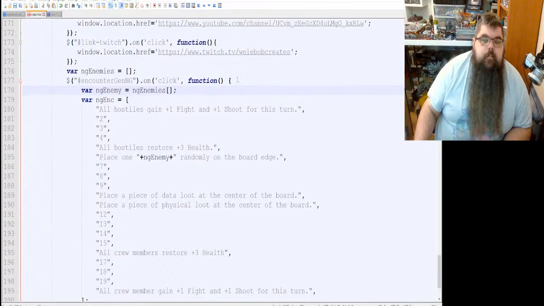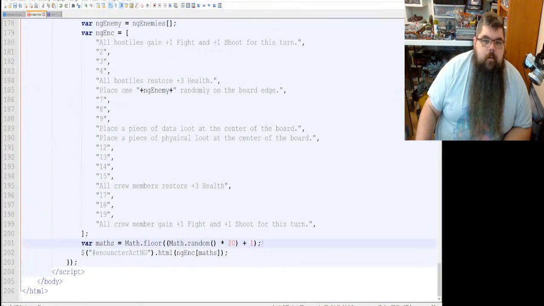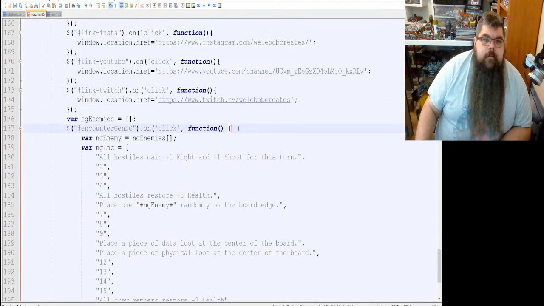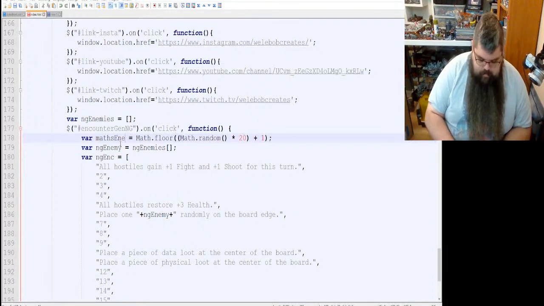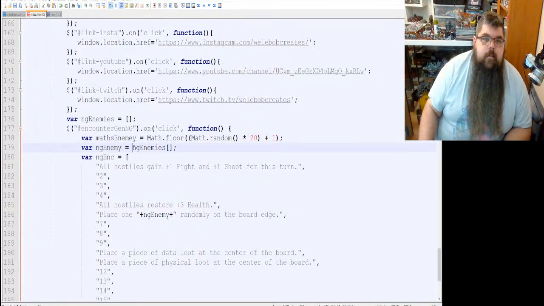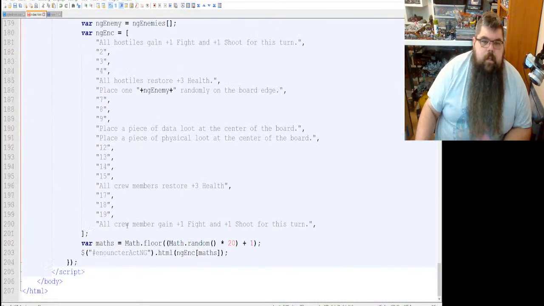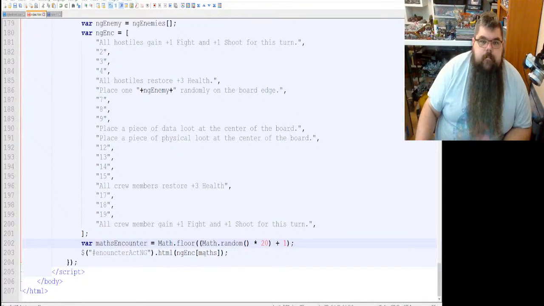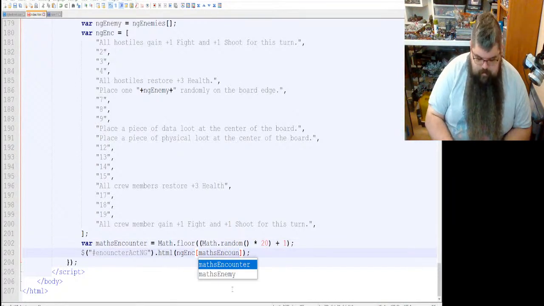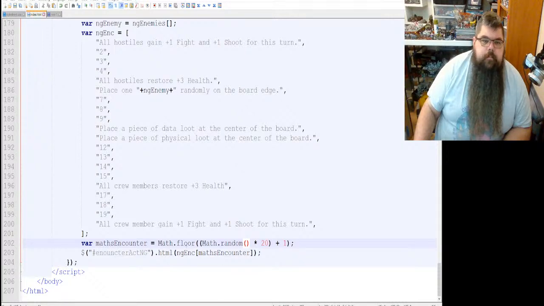Okay? So we're gonna have one of these guys. This is gonna be maths enemy, like that. Right. This is going to be maths encounter. Just like that. Okay?